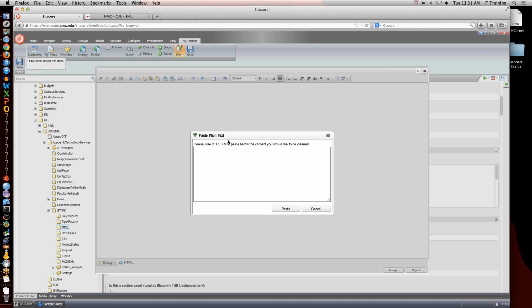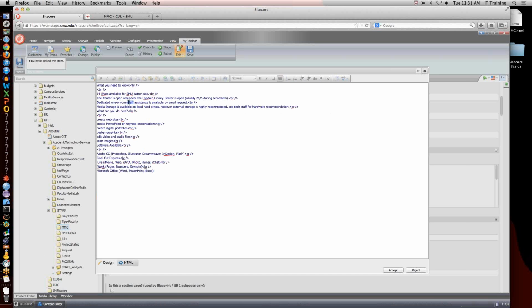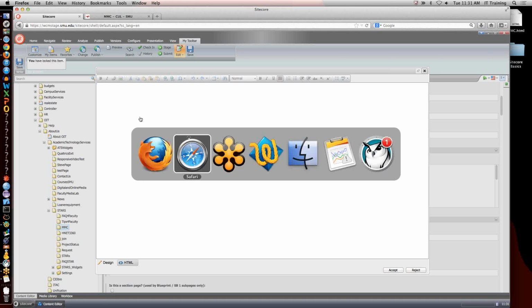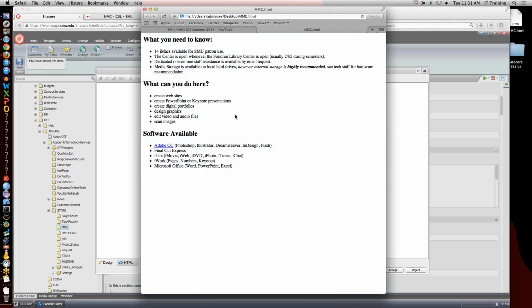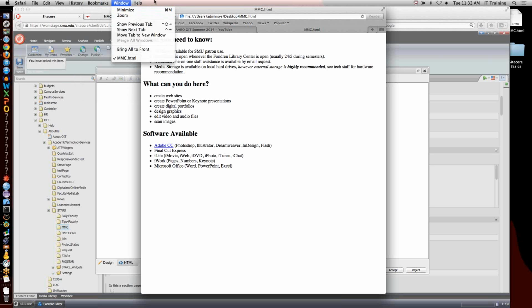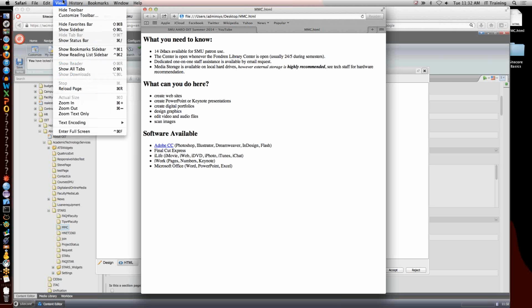One way when migrating a site from an older one is you just paste it into the plain text editor, and it brings it in. Again, same thing. So if you already have a current website, in this case this one here, if I view the page source or if I have access to the old page, I can save myself a lot of time by viewing the page source or bringing in the source